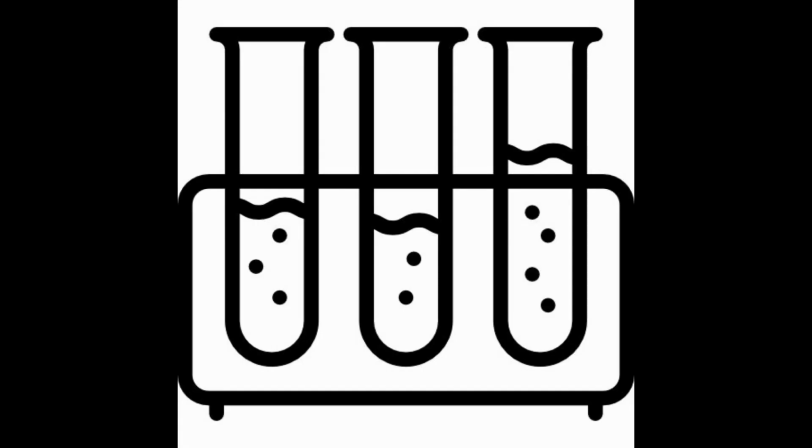Now, imagine I gave you 3 test tubes. One of them has distilled water in it, and the other 2 contain an acid solution and a basic solution. Now, I'm not telling you which test tube contains what. That is what you have to find out. But I'll help you with one thing. I'll give you a red litmus paper.